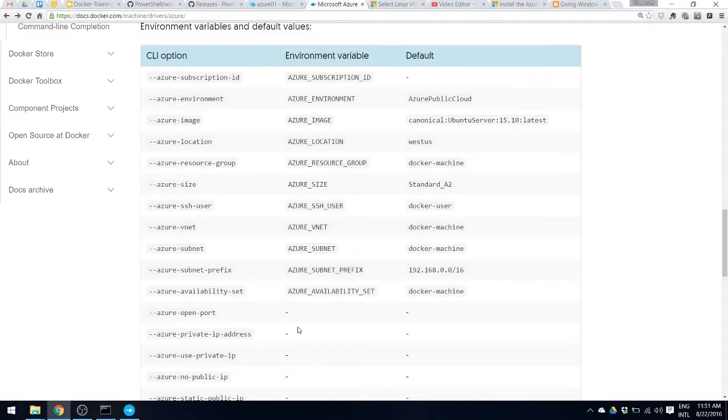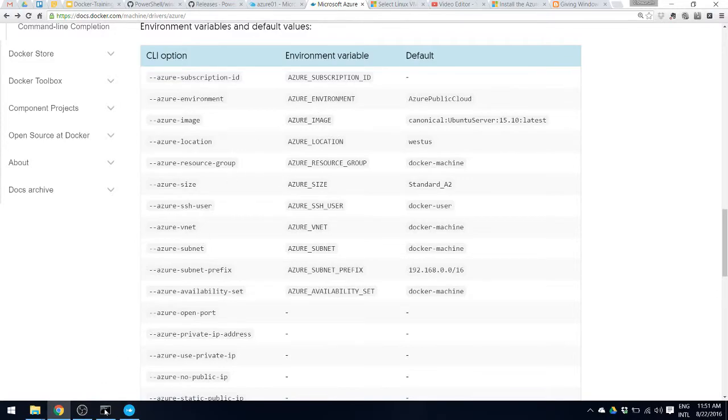So one thing you would have noticed is that we end up having to specify the Azure subscription ID every single time. But one little known fact is that this is not really needed every single time. If you have the following environment variables already set in your machine, then these variables get automatically populated. So now in my machine, I already have this Azure subscription ID populated. This means I do not need to explicitly specify the Azure subscription ID every single time.